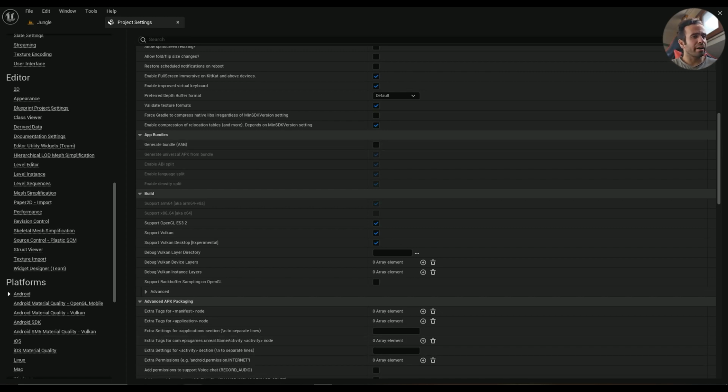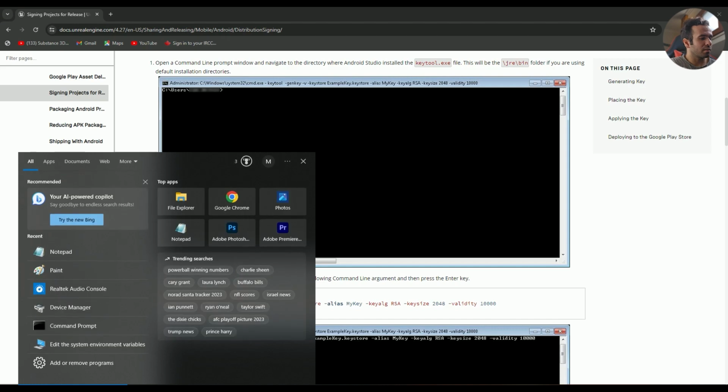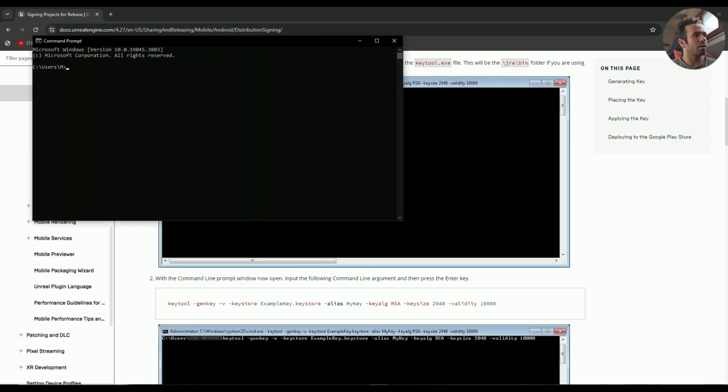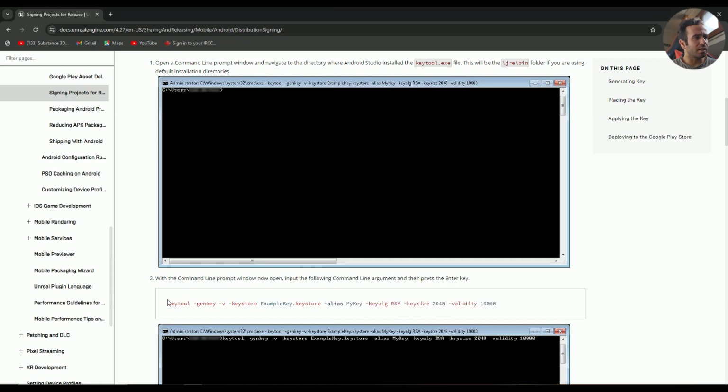So let's get started. The first thing that you have to do is, you can't see this place, but type in CMD, and then you have all of this. I will copy and paste this one in the description, so if following a web page is easier for you, you can look at the documentation and do as it says,